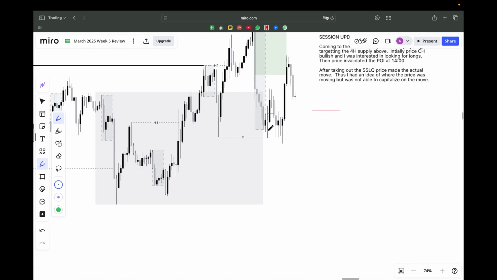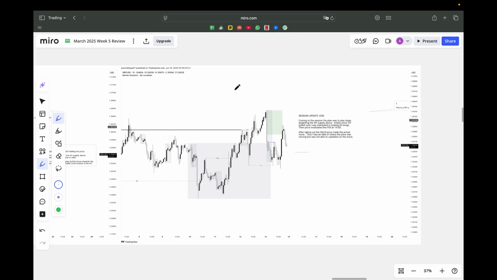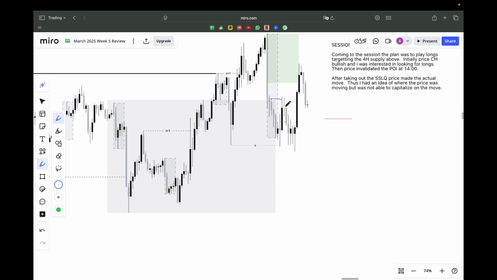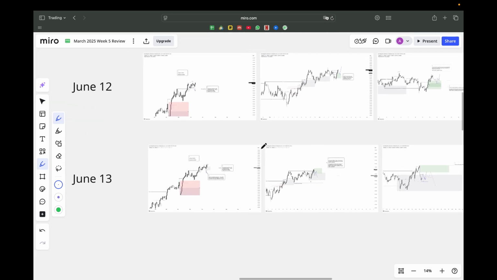And yeah, price actually made a CHoCH bullish, but there were no entries. I'll show you. There were no entries. Price just came down and invalidated the POI, so there were no entries right here. And it is exactly at 3 o'clock that price mitigated this supply. So that was the end of the session. There was no CHoCH bearish or anything else for me to look for sells. So I had to leave the desk empty-handed, missing one trade.